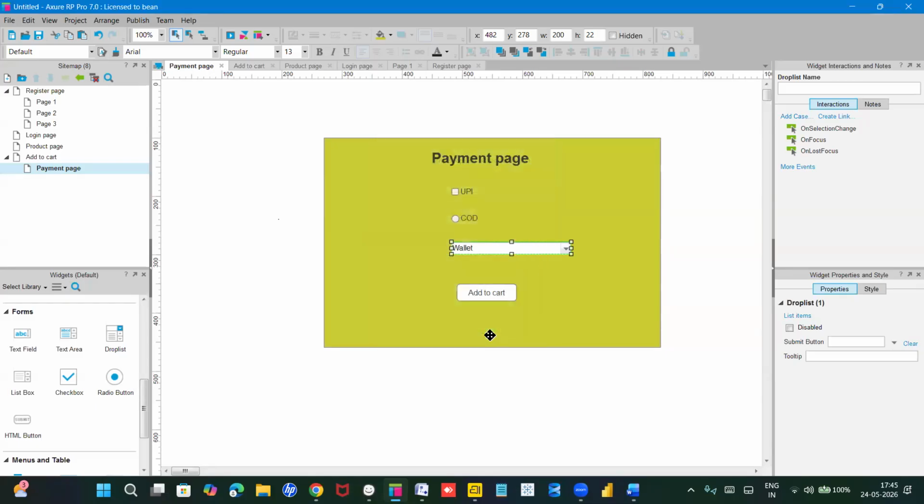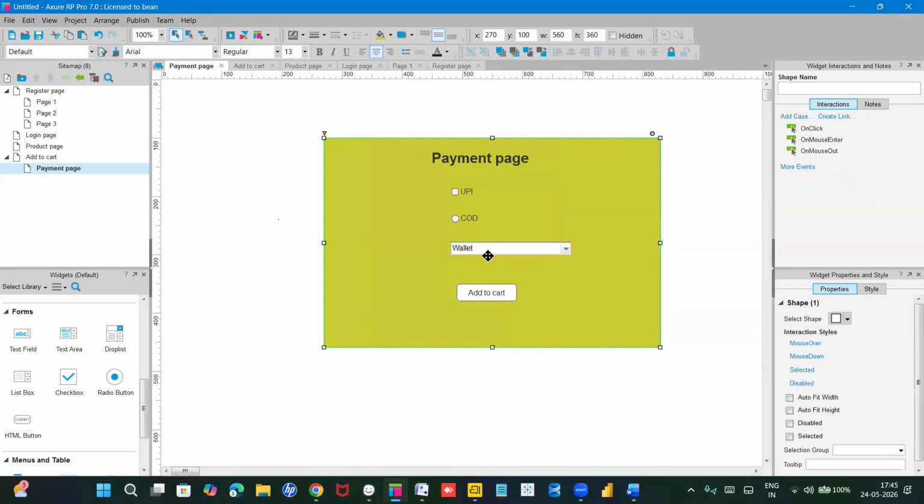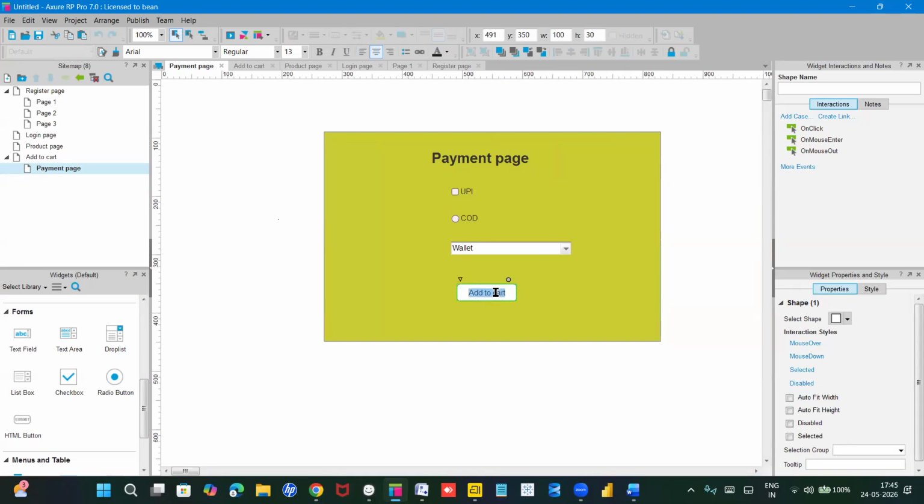So this is the dropbox as I have added, as it is showing only one wallet. Okay. And here let me rename it as payment page, order page. Okay. Sorry, order. So this is how I have created the payment page, and